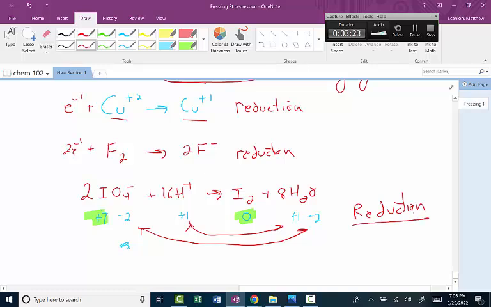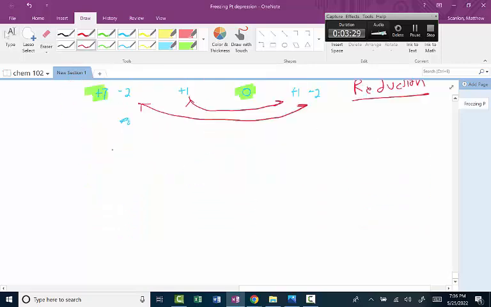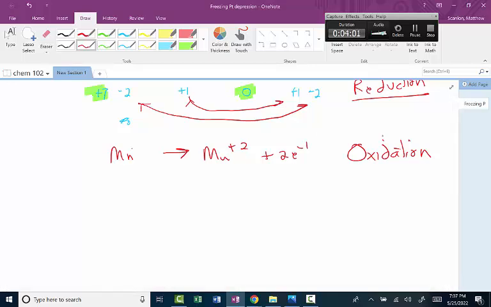Okay. I haven't given you an example of an oxidation. We'll do one right now. Mn goes to Mn2+. This became more positive. That means it lost electrons, so I'd put 2 electrons here to balance, and this is an oxidation. Okay? So that's it for there. You can determine some of these if you want. I'm going to give you some balanced reactions, and we'll determine oxidation, reduction, and then we'll define oxidizing agent and